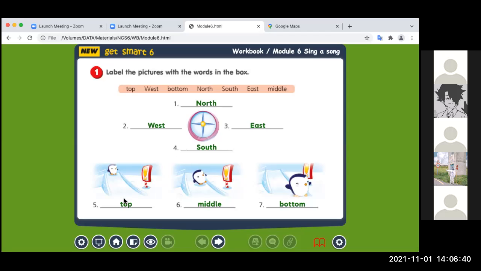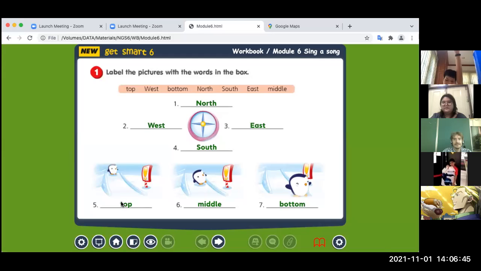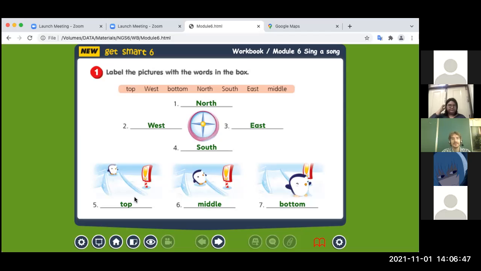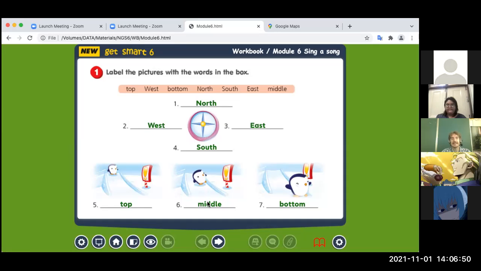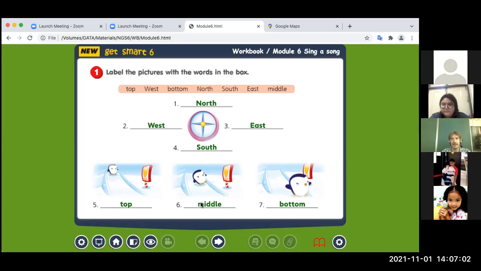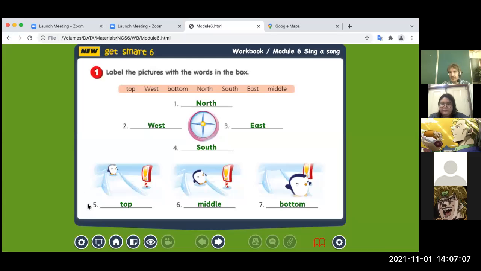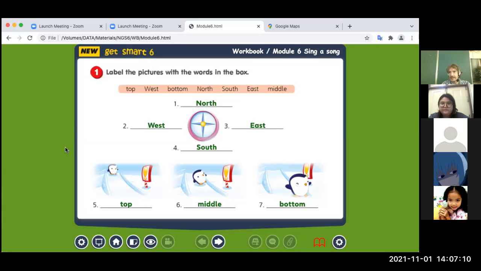Top. Okay, 5. Top. 6. Middle. Everybody, middle. Well, I want to hear like 30 students, not 3 guys. Where are you? Middle. Where are all the others? There are like still 20 people muted or so. I ask you to unmute and speak right now.